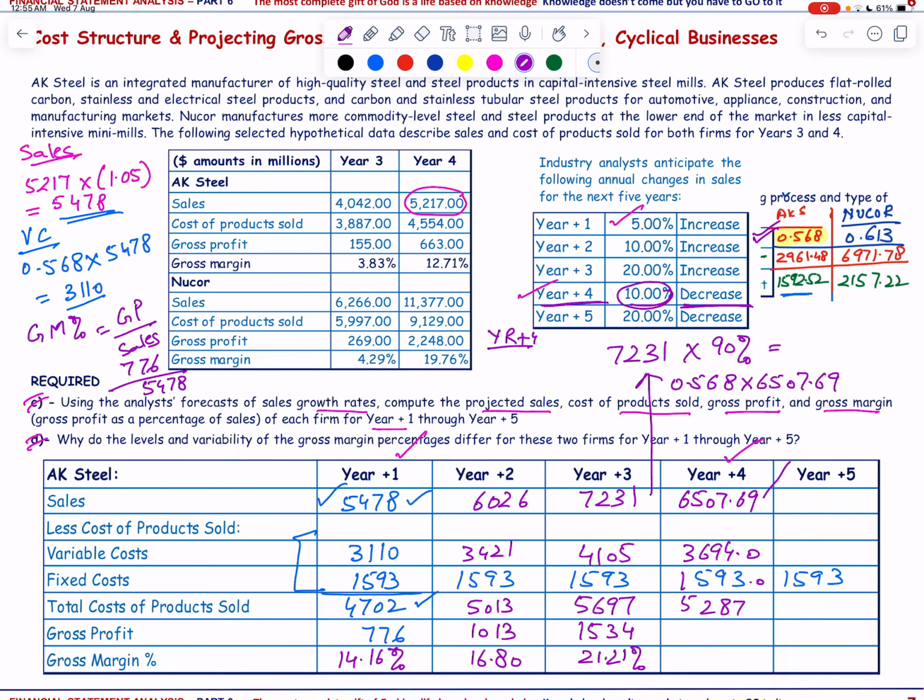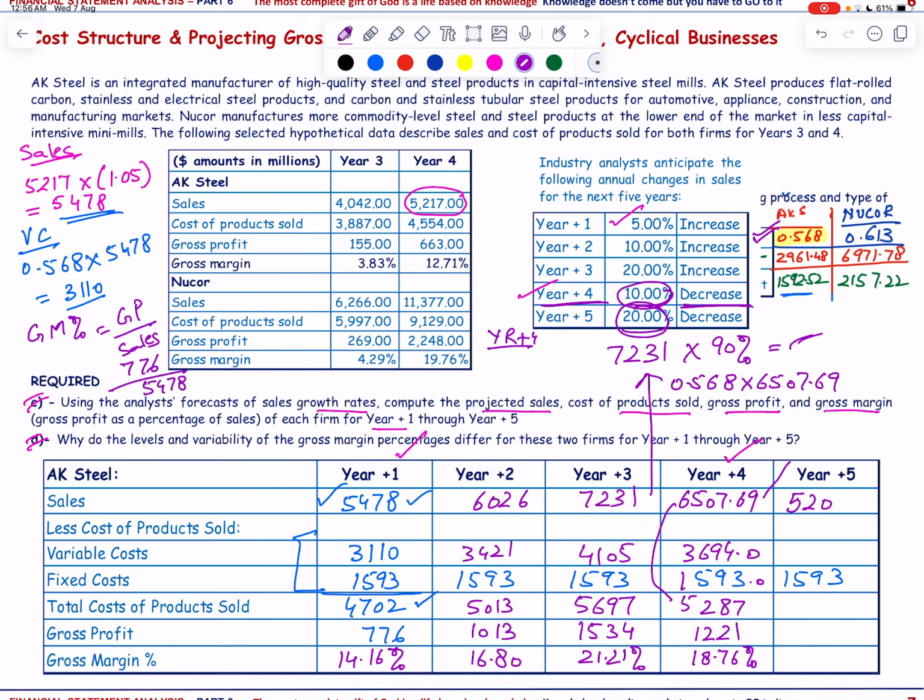5287. Gross profit will be sales minus total cost, that is 1221, and the gross margin percentage is going to be gross profit 1221 divided by sales 6507.69. So this will be equal to 18.76%. For year number 5, again there is a decrease, by 20%. So you can solve accordingly. In place of 90%, it will be 80%. So it will be